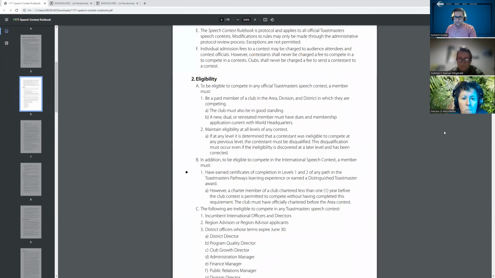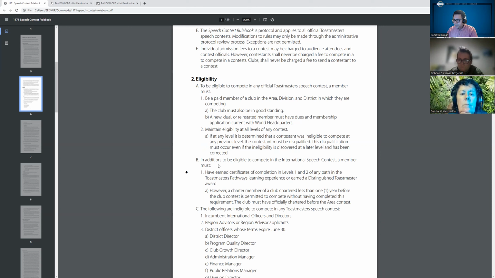So in terms of the contest, to be eligible, the contestant should be a paid member of a club in the area, division, and district in which they are competing. I think that is satisfied. The club must also be in good standing. That is also satisfied. A new, dual or reinstated member must have dues paid to maintain eligibility at all levels of any contest. So that is important as well, that you continue to be a member when you're moving forward to the area,